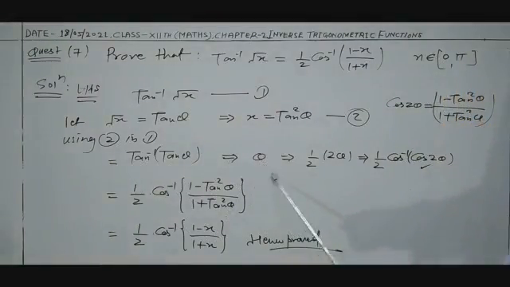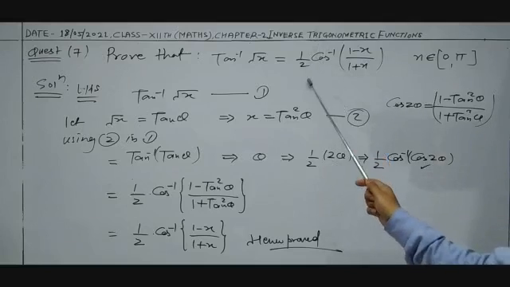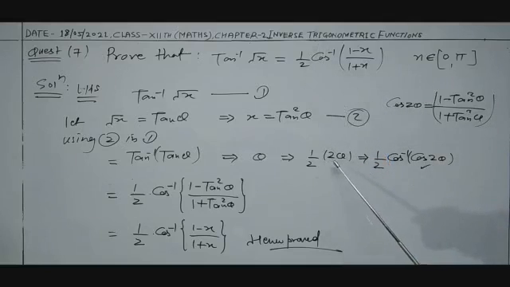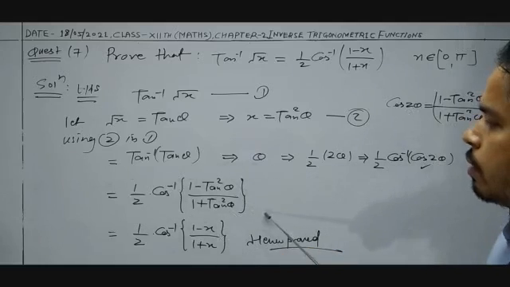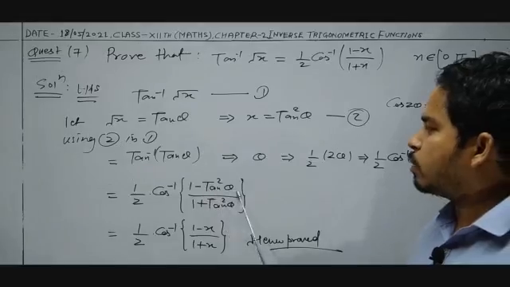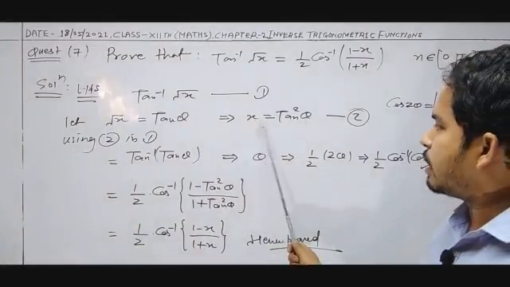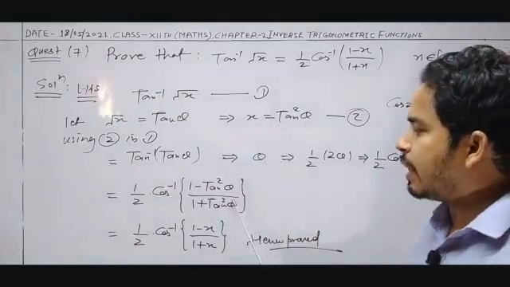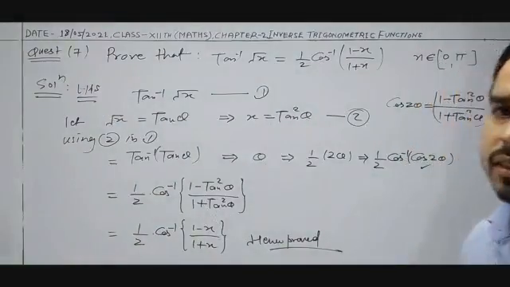So theta can be written as 1 by 2 into 2, because 1 by 2 is here in the proof, so 1 by 2 into 2, rationalized by 2. So 2 theta can also be written as cos inverse of cos 2 theta; cos inverse of cos 2 theta, the result is 2 theta. So cos 2 theta, you know the formula, is (1 minus tan square theta) whole upon (1 plus tan square theta). So put the values: in the place of tan square theta you will put x, because x is equal to tan square theta. So 1 minus tan square theta means (1 minus x) whole upon (1 plus x). This is our proof.